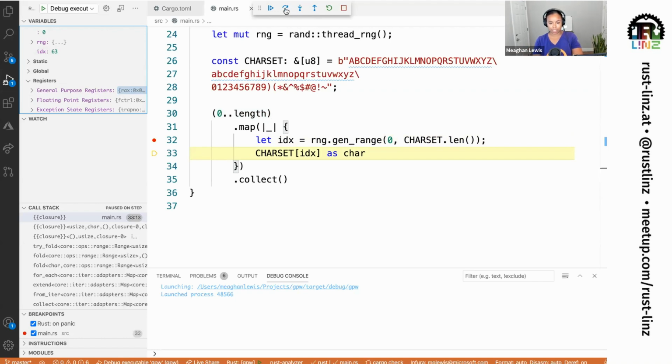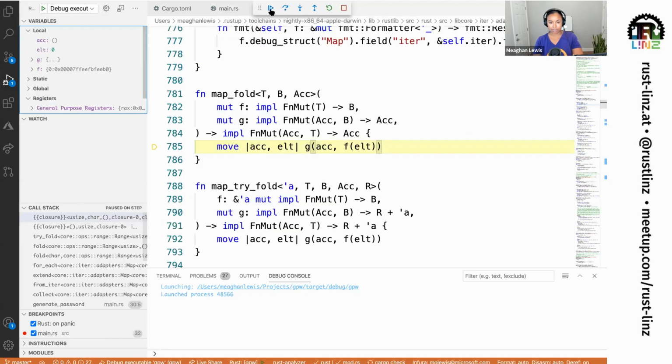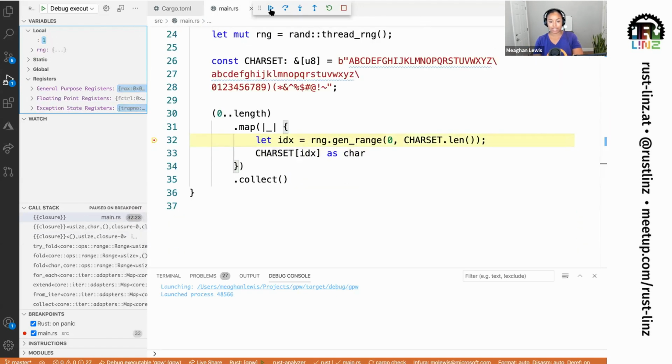So it's going to be able to get the character in the character set based on that value. And let's see, if I were to go over this again, oh, I didn't want to go that way. Okay, I just continued playing. So it ran through that iterator once, and it stopped at the breakpoint again, and notice now that the local variable I see here is 1. So it's going to keep cycling through up until the default of 11 for right now.